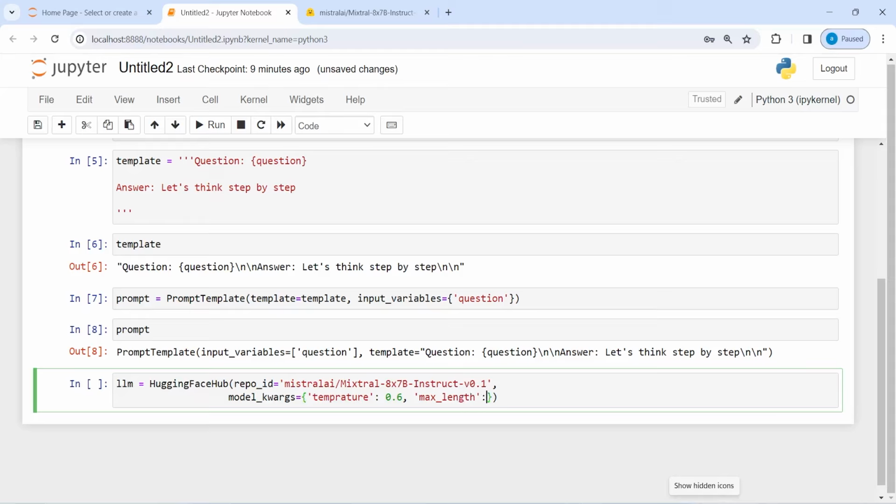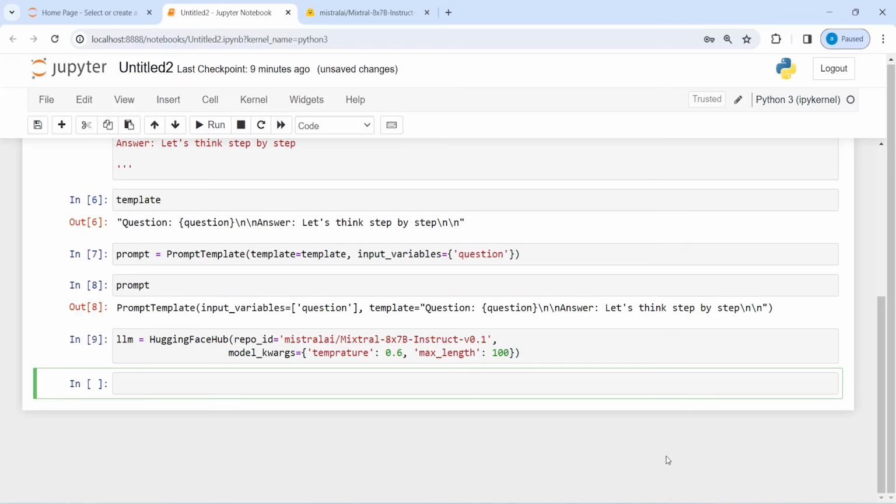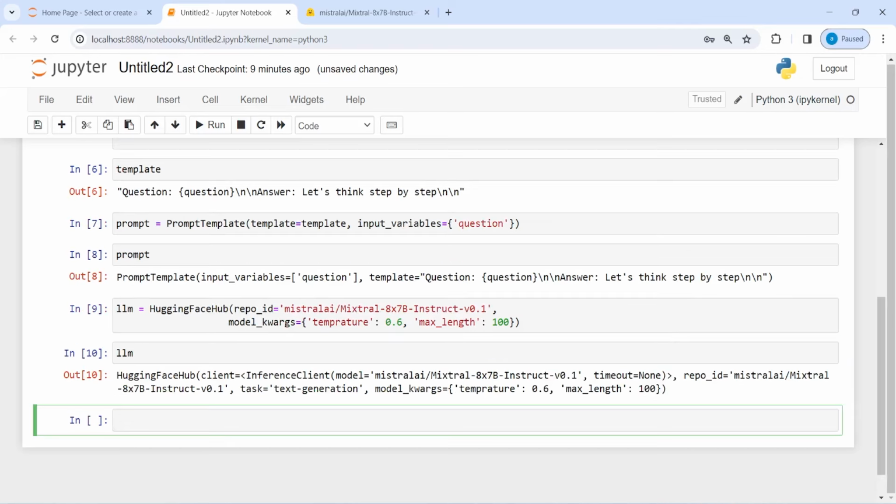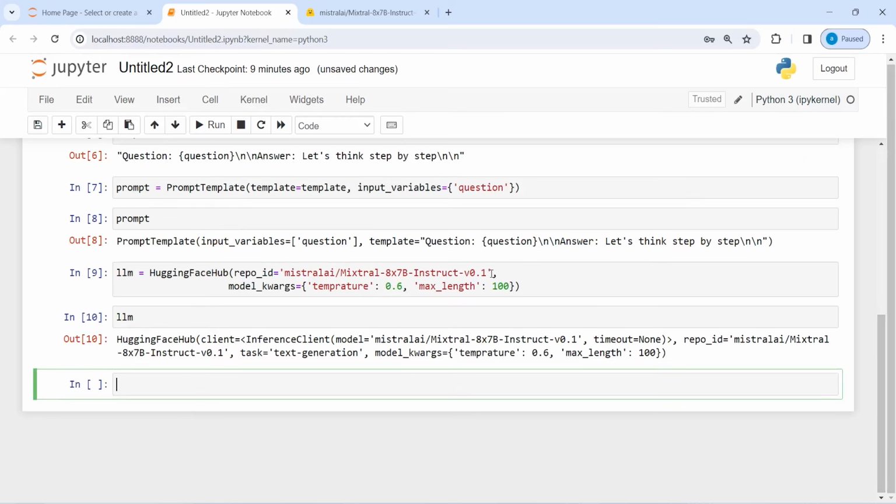And this is going to be, let's say I'm going to write it as 100, and then let us execute our code. Let us print our LLM model. So we have this LLM model of Mixtral's 8x7 billion parameters, and our parameters for model kwargs are temperature and